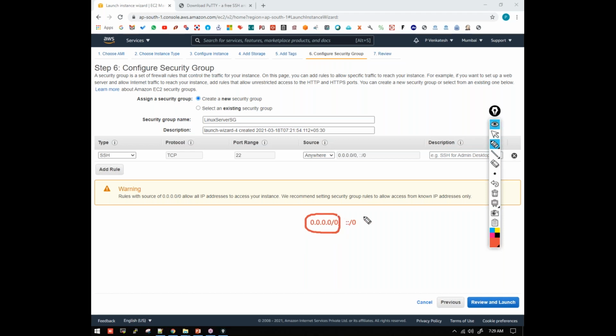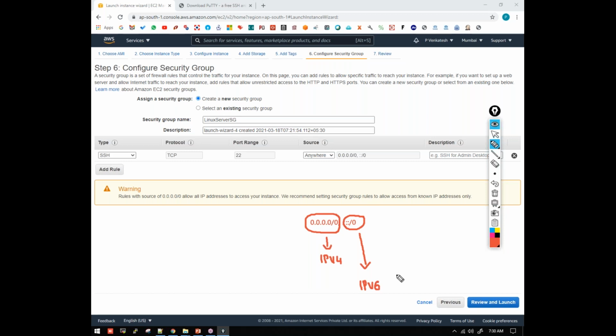This one part is for IPv4 addresses, and this is IPv6. We know that there is a concept called IPv6. This is a networking concept, and not many companies or people are using IPv6 in today's world. It is a developing technology, and in the coming future IPv6 will be used by many companies and many people.